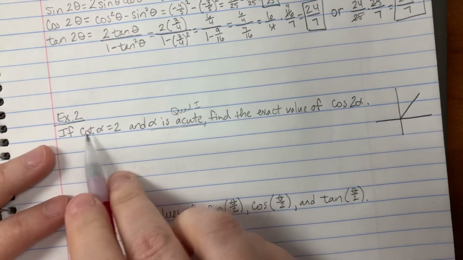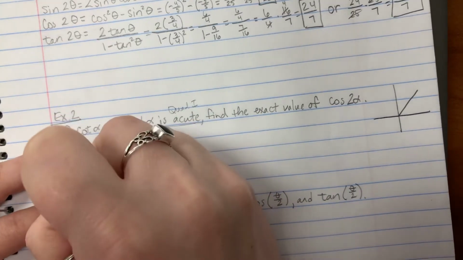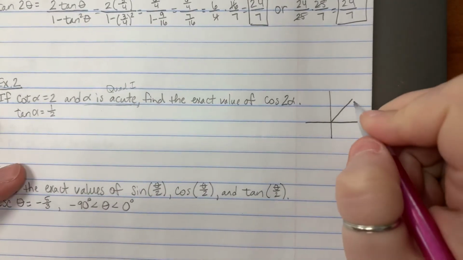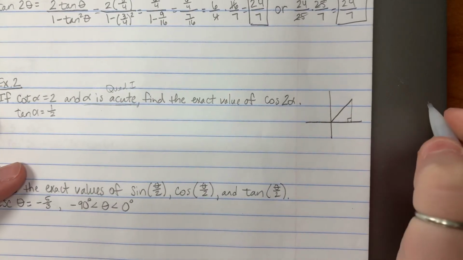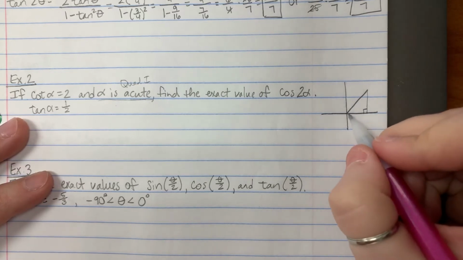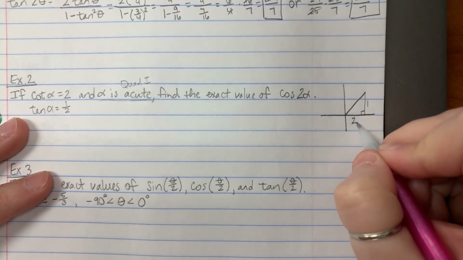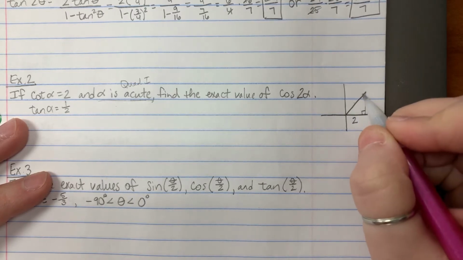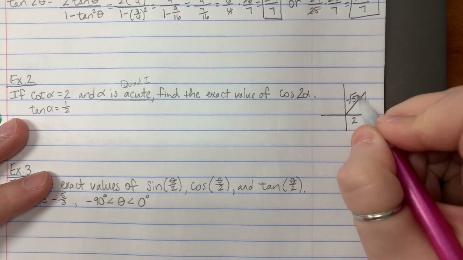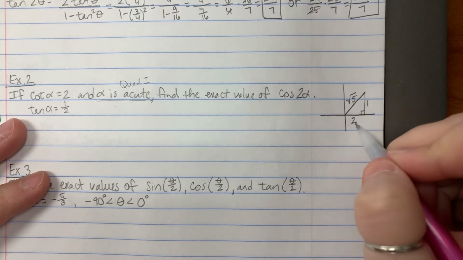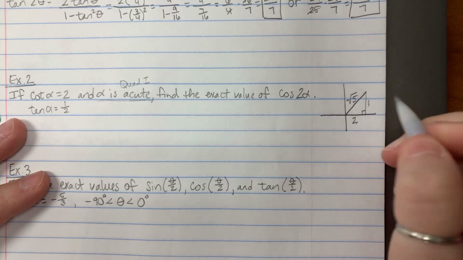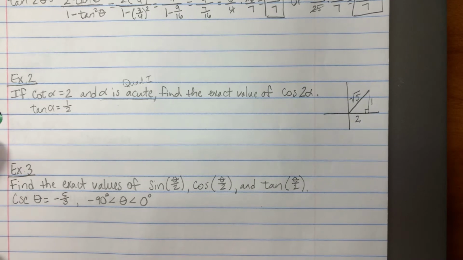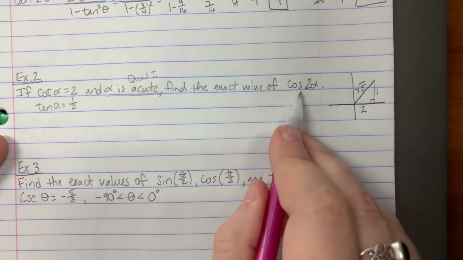And if cotangent of alpha is 2, that means the tangent of alpha is 1/2. So if I'm looking at this right here, my tangent is opposite over adjacent. So there's my 1 and my 2, which makes my hypotenuse here a square root of 5. So how did I do that? I did 1 squared plus 2 squared equals my hypotenuse squared. 1 squared plus 2 squared would be 5, and then square root. That would give me my square root of 5. Okay, but they want me to find cosine